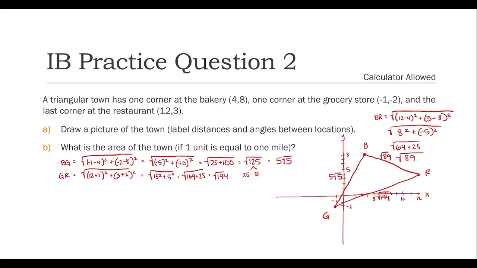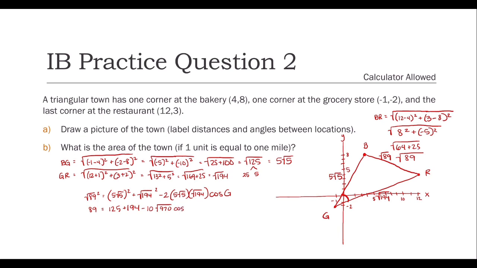So now that we have all the sides, we can find an angle using the law of cosines. So we'll start with angle G. So using our law of cosines to find angle G, we get that the square root of 89 squared equals 5 root 5 squared plus the square root of 194 squared minus 2 times 5 root 5 times the square root of 194 times the cosine of angle G. So 89 equals 125 plus 194 minus 10 root 970